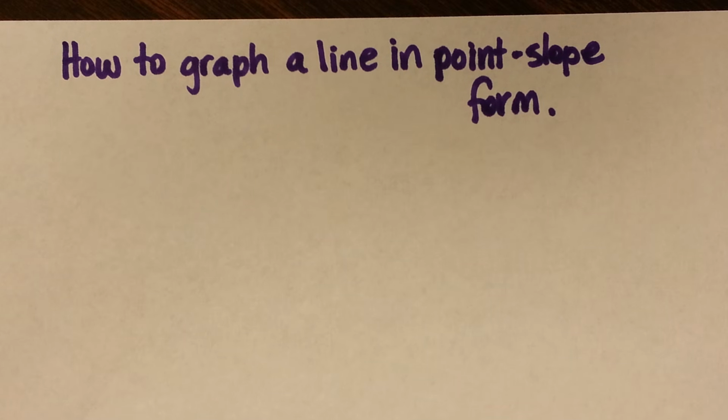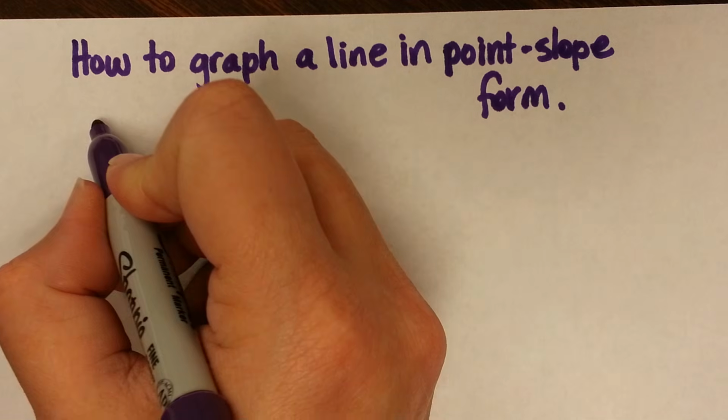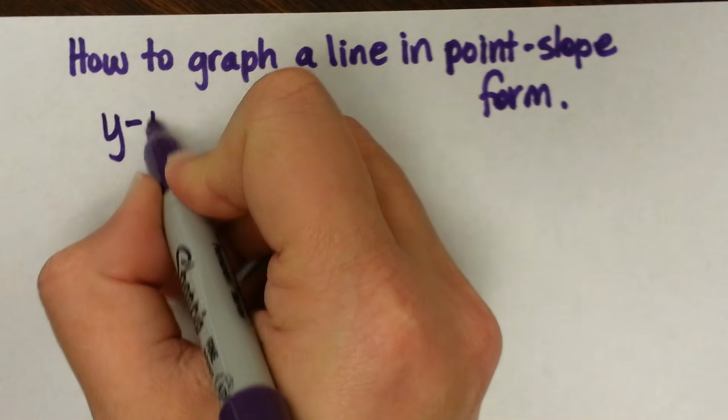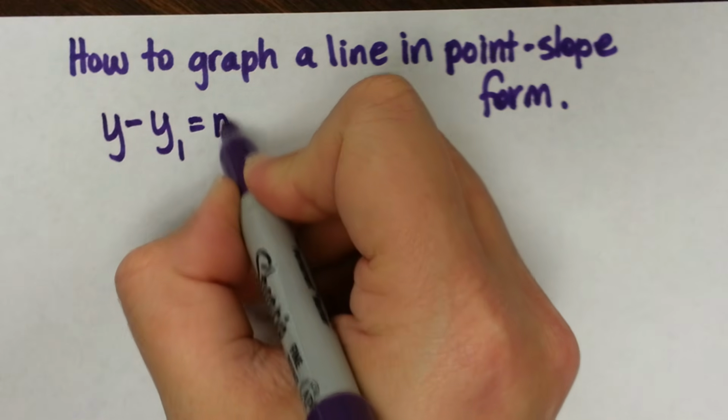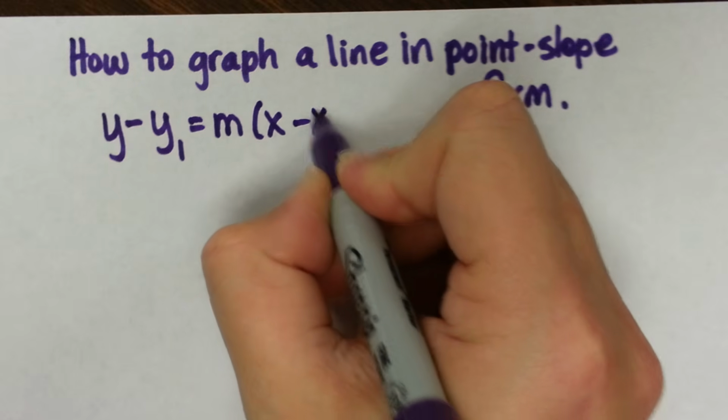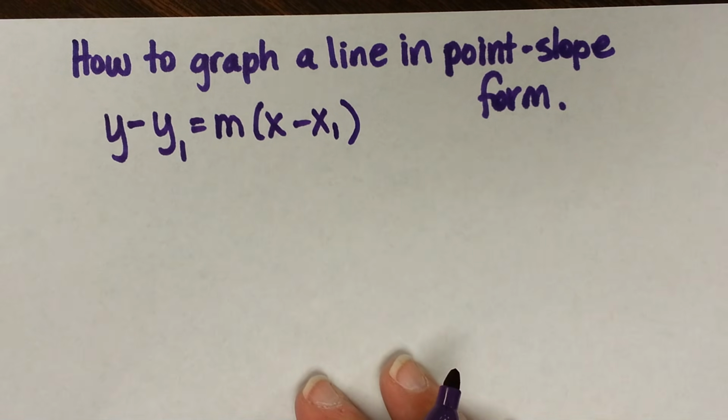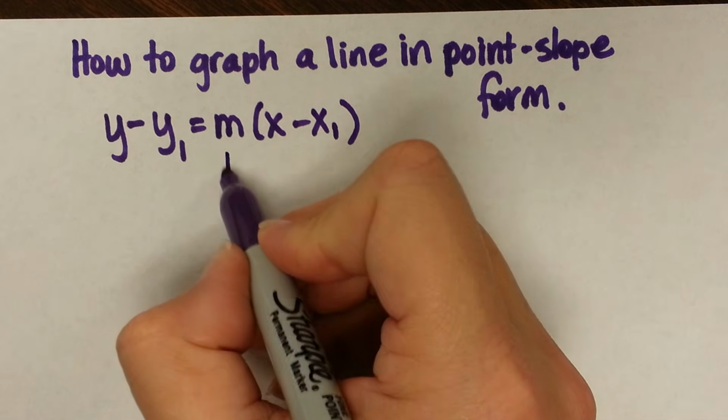Today we're going to look at how to graph a line in point-slope form. Point-slope form, what does it look like? y minus y1 equals m times x minus x1. That's what you'll see on your formula chart. Remember, the m stands for the slope,